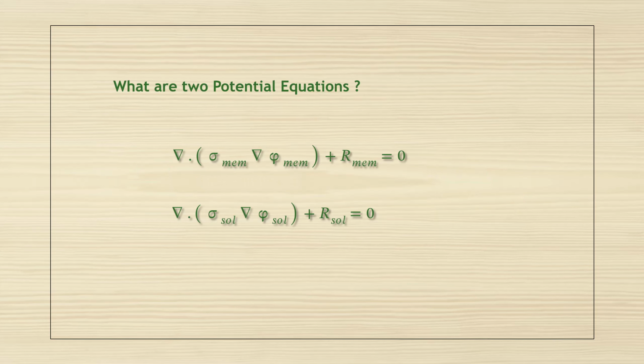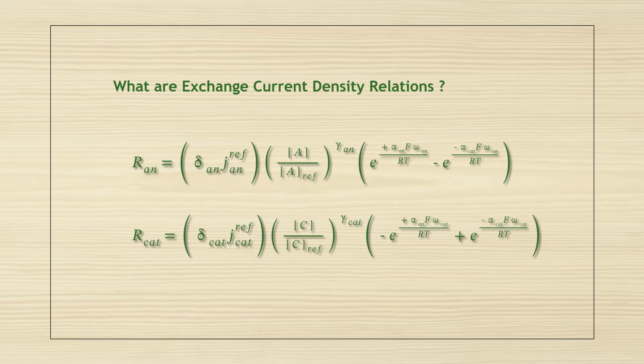After describing the boundary conditions corresponding to the solid and membrane phase potentials, we return to the two potential equations presented moments ago. As we said before, the source terms in the potential equations are equivalent to the transfer currents on the anode and cathode sides. Note that each source term of the R sol or R mem includes both R an and R cat source terms. These source terms, also called exchange current densities, are defined on both the anode and cathode sides by these relations shown,